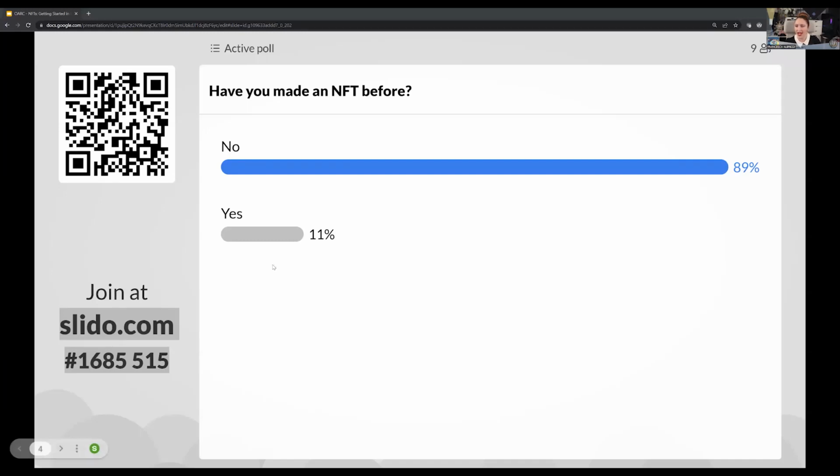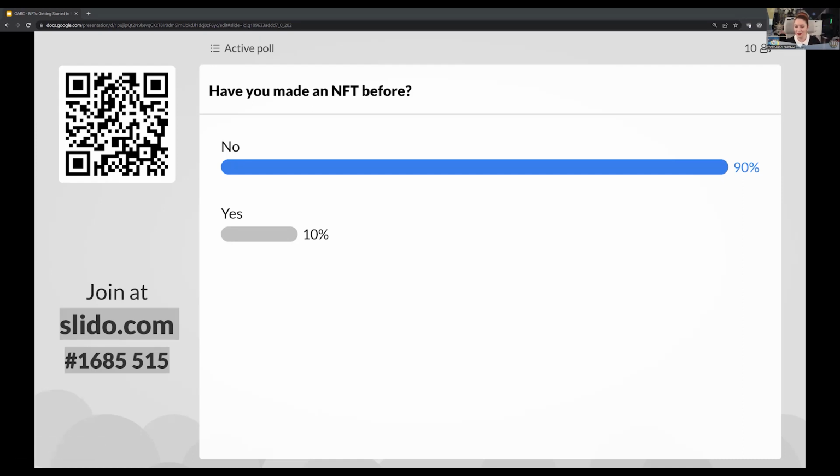Have those of you who have used the OpenSea platform before? Maybe share in the chat if you have what platform you used. All right.